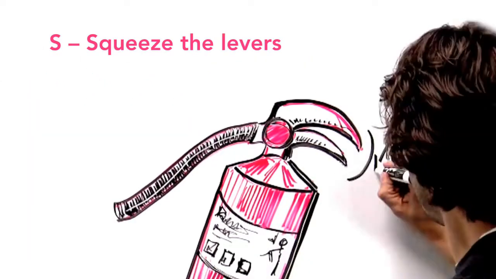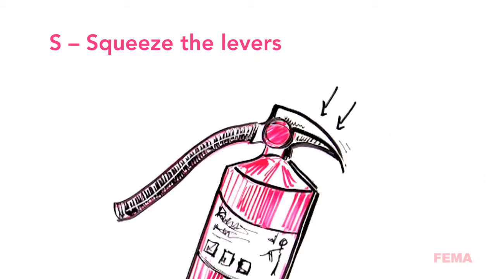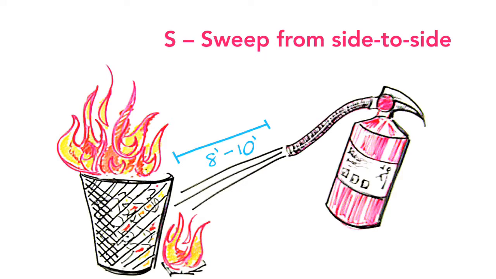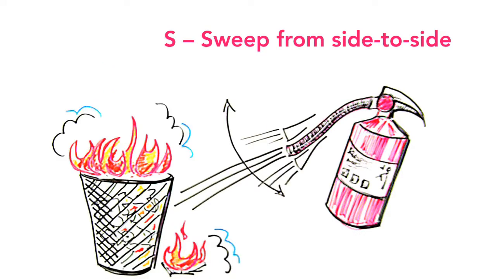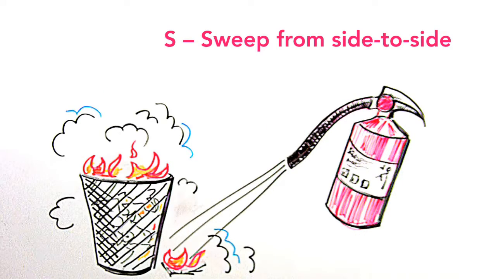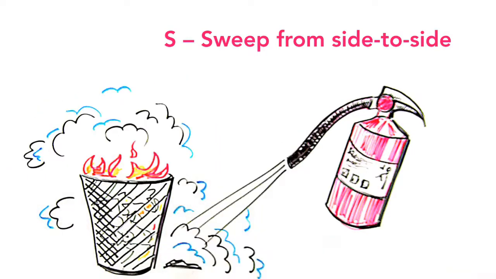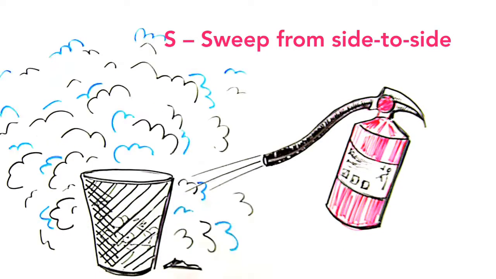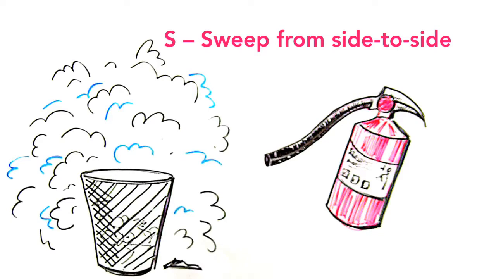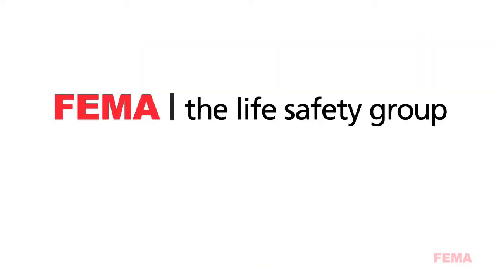Once the nozzle is aimed at the base of the fire, squeeze the levers together to begin discharge of the fire extinguishing agent. Maintain your distance from the fire and sweep the nozzle from side to side, sweeping 3 to 6 inches beyond the right and left edges of the fire. Discharge the extinguisher until contents are exhausted to prevent reignition. Move around the fire to confirm it is completely extinguished. Your quick action can